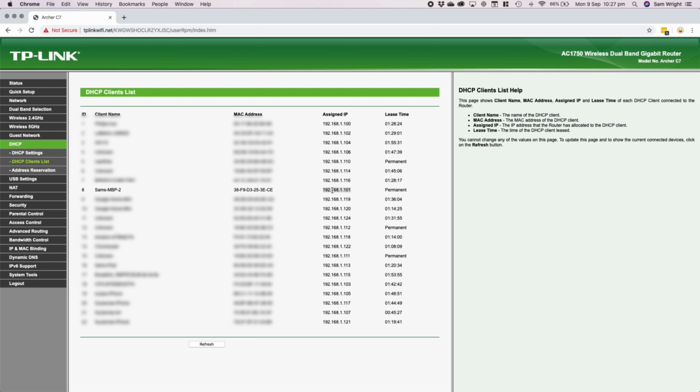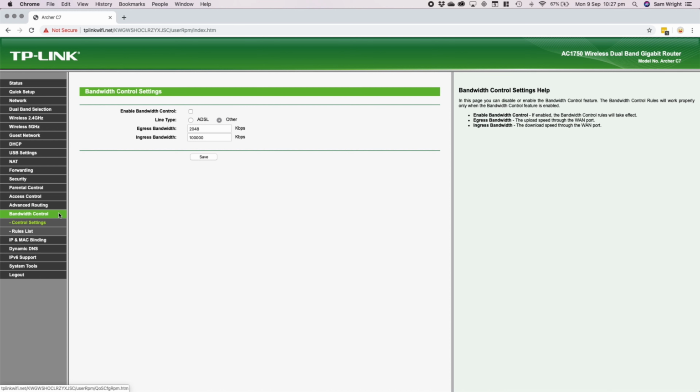You can see it's 192.168.1.101, so I'm going to copy this and head down to bandwidth control. It might be called something else on your router, for example, quality of service. We want to go to rules list here. We want to add a new rule. I'm going to pick the IP range. It's just this one IP. I'm going to go from port 1 and I'm going to pick